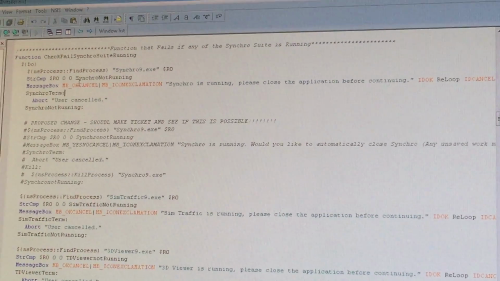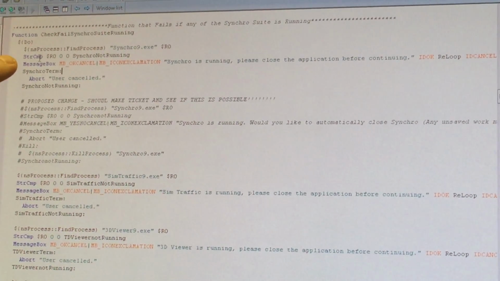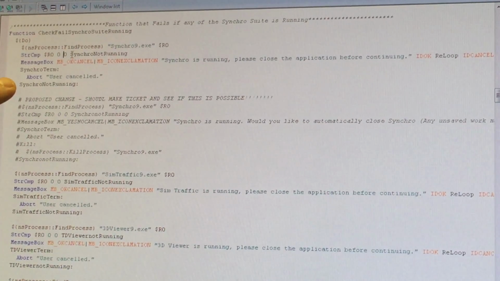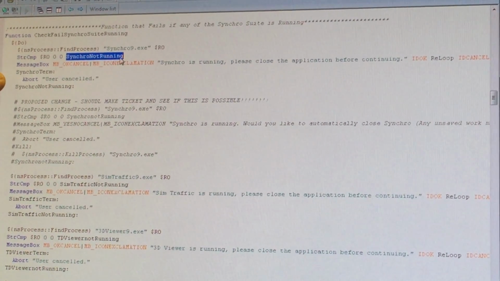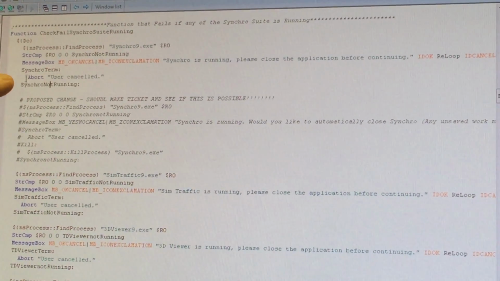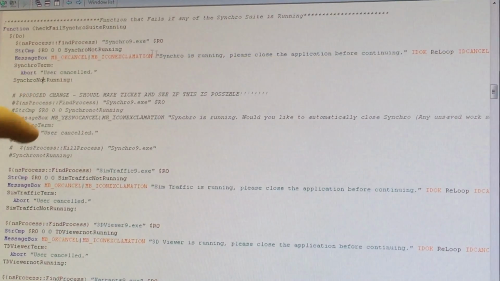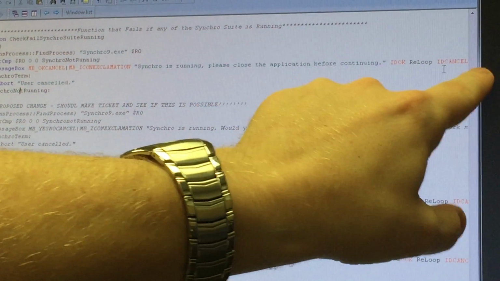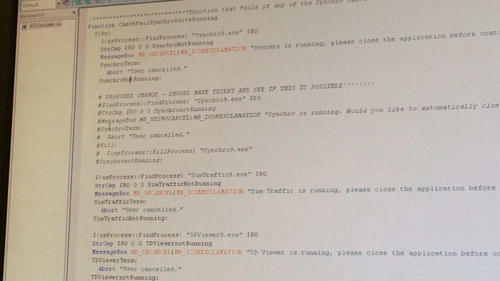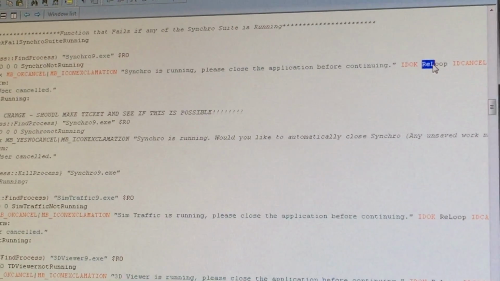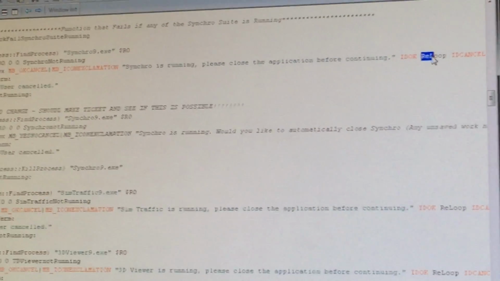So what it'll do is string compare the result from this. If it equals 0, do nothing. If it fails, go to the synchro not running tag. It goes to synchro not running and continues to check each one. If any of them fail, they go to this message box, which says synchro's running, please close the application. Whether you click OK or cancel, it will go to whatever label you put here. If you click cancel, it goes to synchro term. If you say OK, it'll go to reloop, which sends you back through the loop. So it's going to constantly keep checking, and you're not able to continue unless all of those